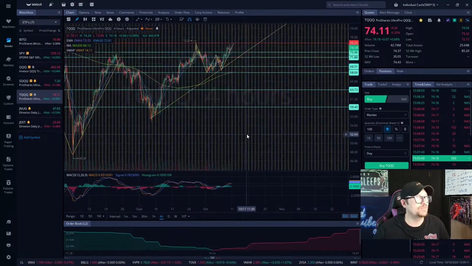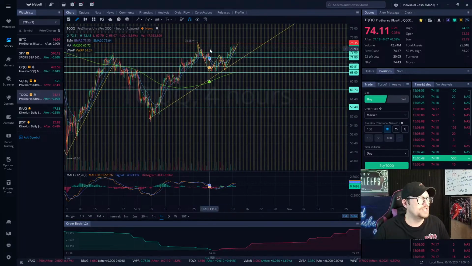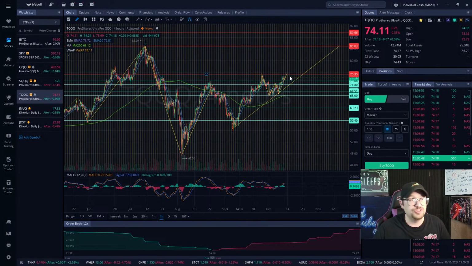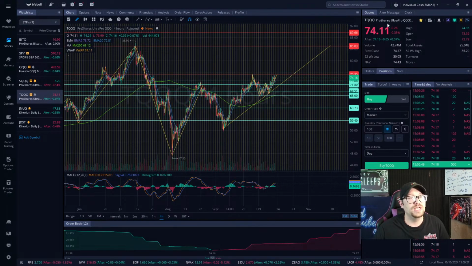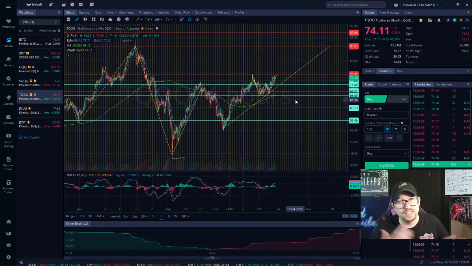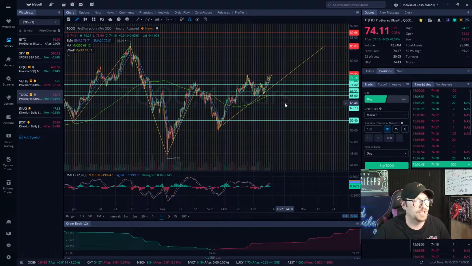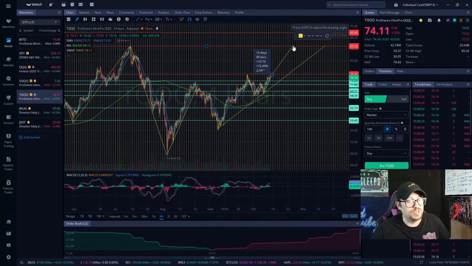So again, waiting for confirmation, understanding your patterns, and knowing that, hey, is this overbought? If we see this actually break 75 this week, maybe I invest in TQQQ, which is a triple leveraged ETF for the market. So when the market does very well, TQQQ will do very well, 3 times as good. Okay? And it's cheaper. So if this does pass 75 and go up to 85, it could potentially be a